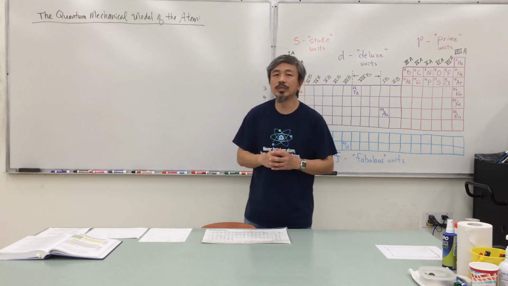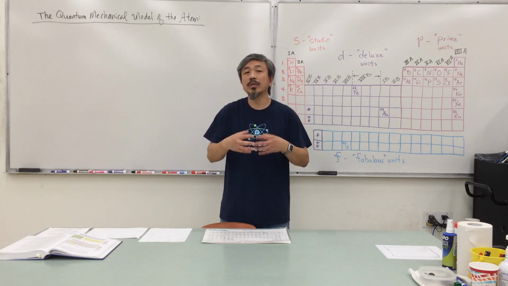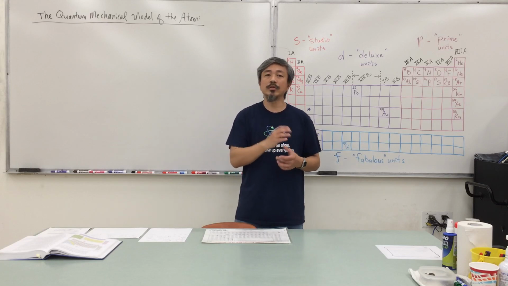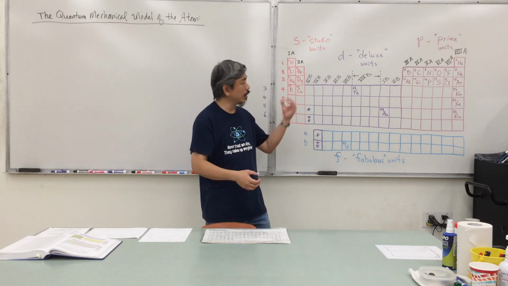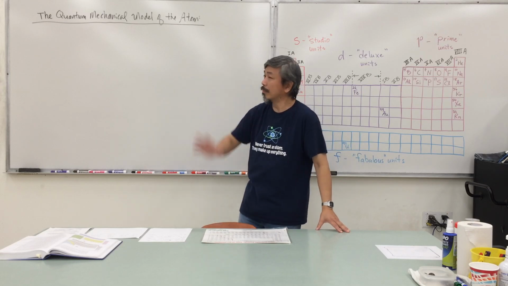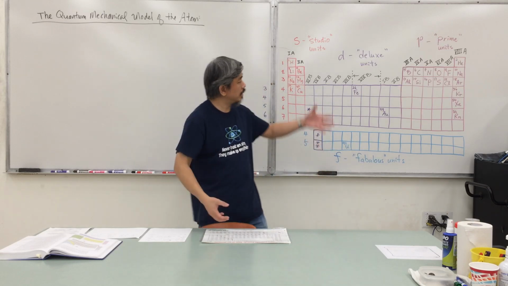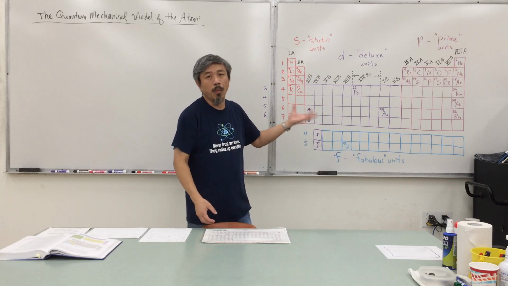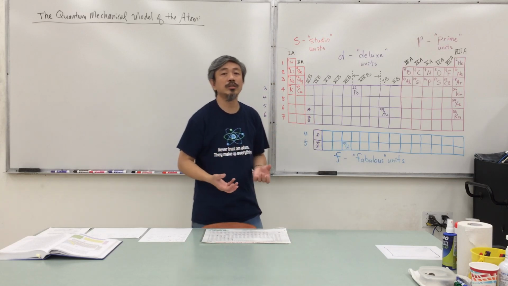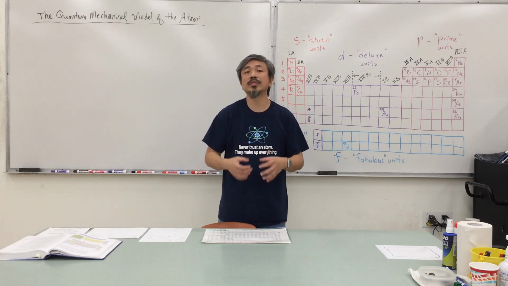We're just going to go ahead and use this as a means to understand what the structure of the atom looks like, and then use that to understand its physical as well as chemical properties. And more importantly, this particular model will allow us to explain the makeup of the periodic table, explain why certain things are placed in certain locations, and why certain elements will have similar characteristics to their neighbors and so on